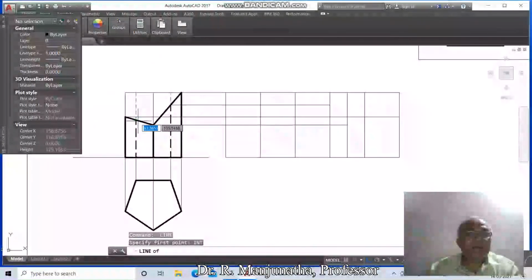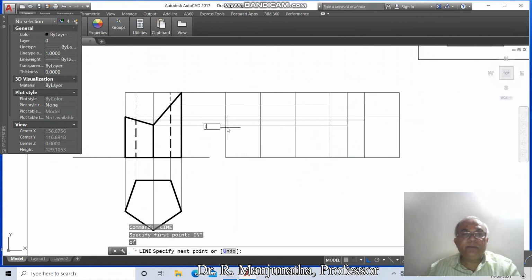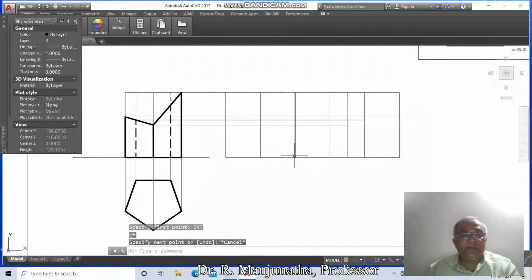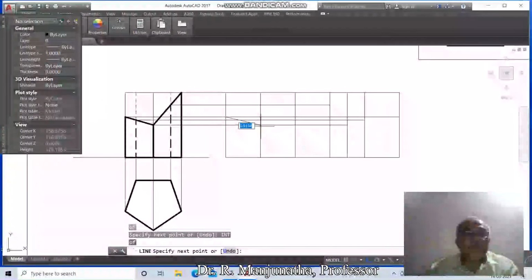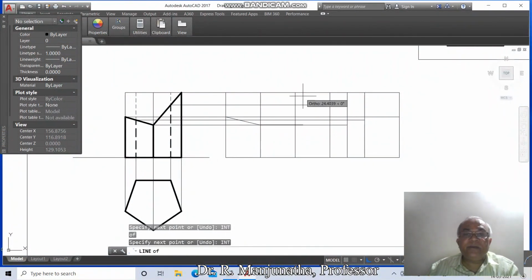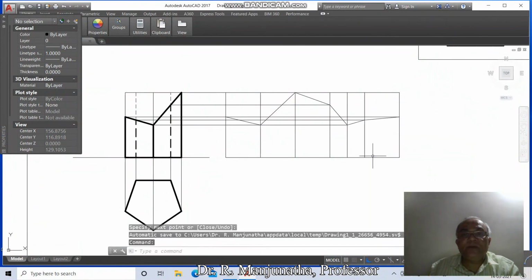then go to line, take intersection of this, take perpendicular to this line, then go to line, take intersection point of this, then take line, intersection of this, take intersection point of this, and take intersection of this and take intersection of this, then go to break,